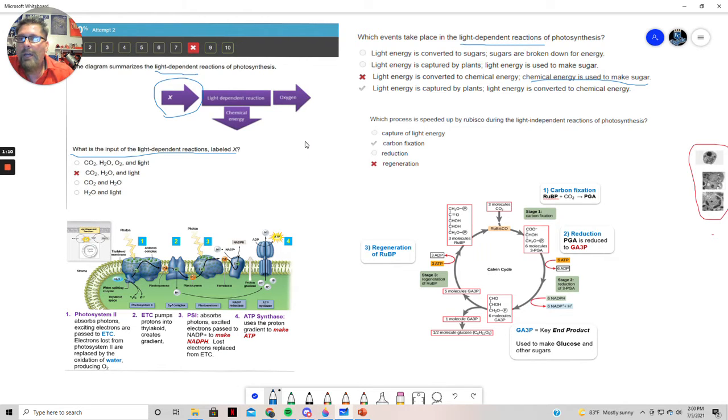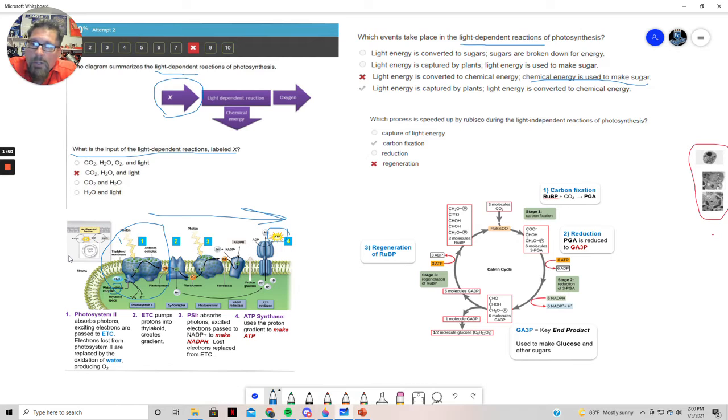So if we look at this X here, what is the input? The light-dependent reaction labeled X. So we're looking for inputs. So if we come down here and look at this, this is the beginning of the light-dependent reaction, and it goes this way. So you can see the products over here. But if you look at the diagram, there are two things. Here's one of them, and then down here is the other one that are brought in to facilitate this process. The sunlight, of course, and the